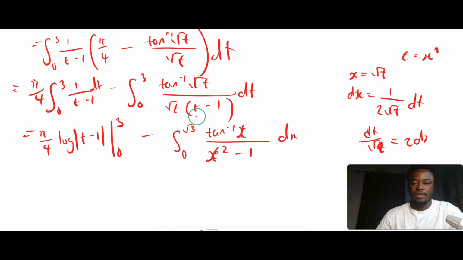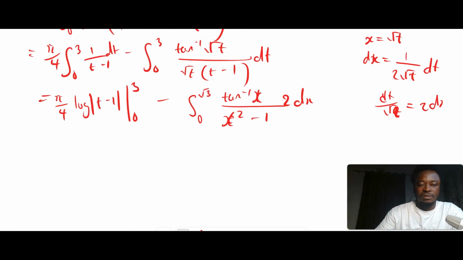I believe so, because t minus 1 is x squared minus 1, and this is twice, of course, then everything will be equal. So this is going to be pi over 4 times the logarithm of 2 minus the integral from